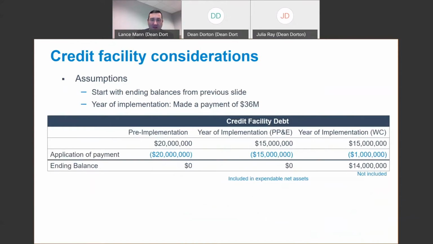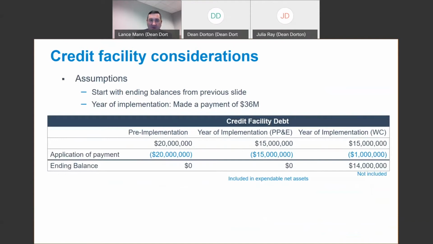This next example is in fiscal 2021. In fiscal 2021, we made $36 million of payments on our credit debt facility. And this is obviously a simplified example, but the first thing you have to do is apply the first $20 million payment to pre-implementation debt. The standards are pretty clear.